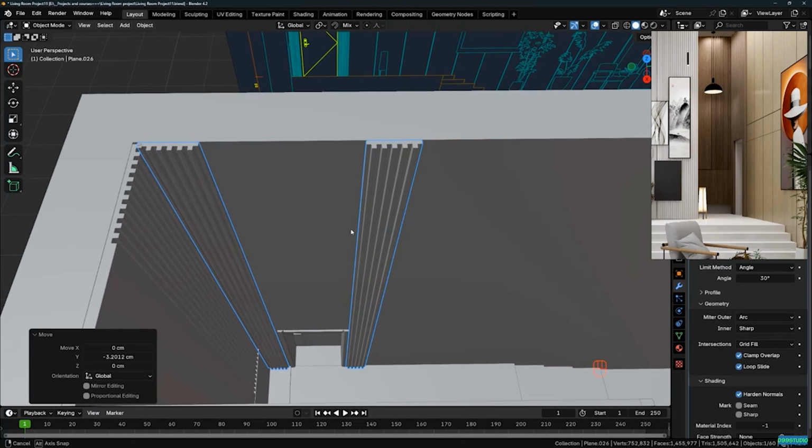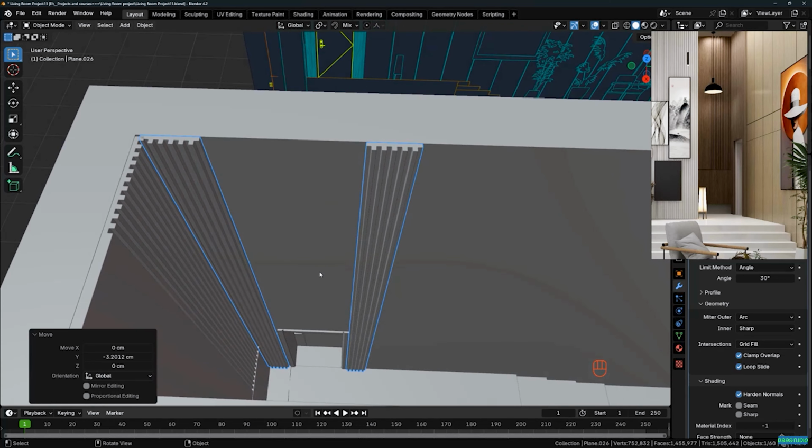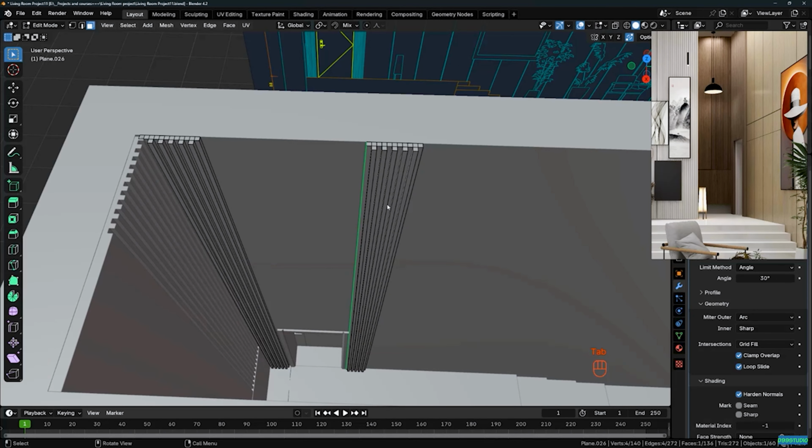All right, that's cool. Now we need to focus on this area in the middle. I will grab one strap